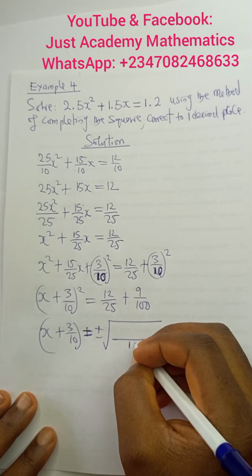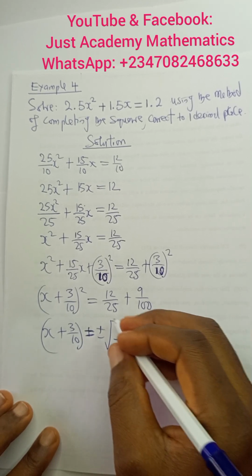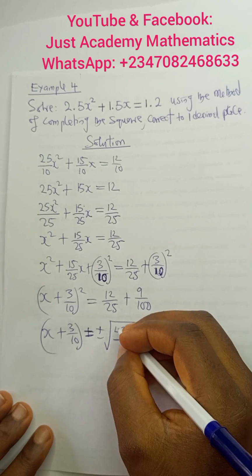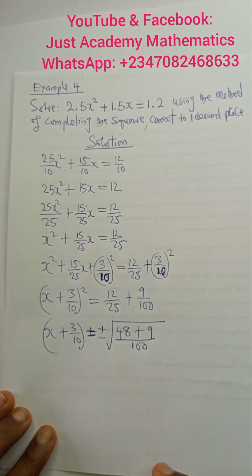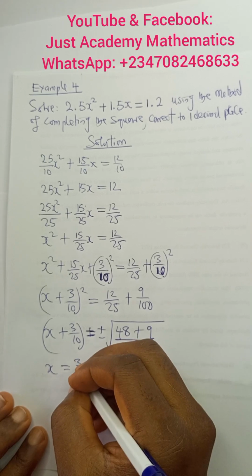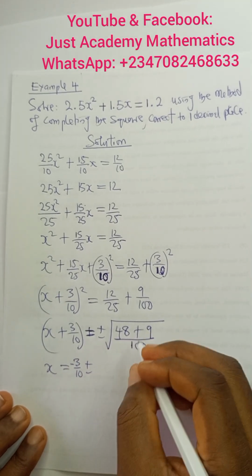Here is 100. Here, 4. This goes here, 4. 4 times 12, you have 48, plus 9. So we have that x is equals to minus 3 over 10 plus or minus square root of